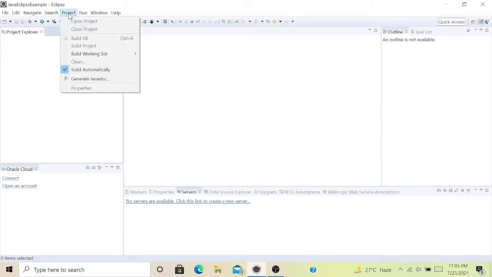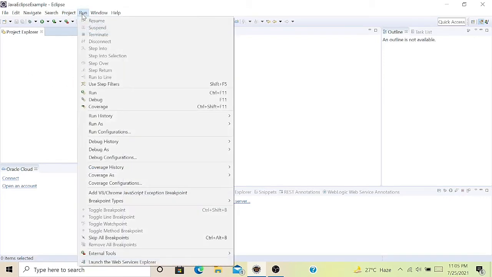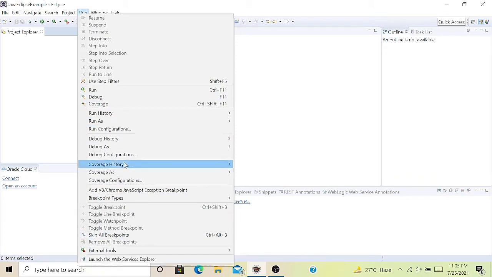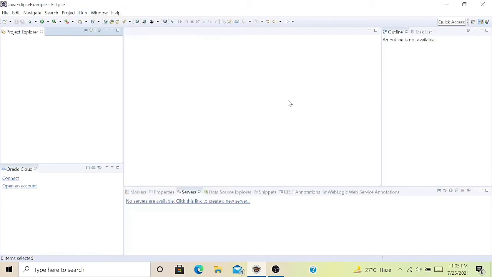and from here you can build your project, and from the Run option you can run your program and also debug your program, and lots of options are given here so you can use them according to your requirements. And also here is a Help option.